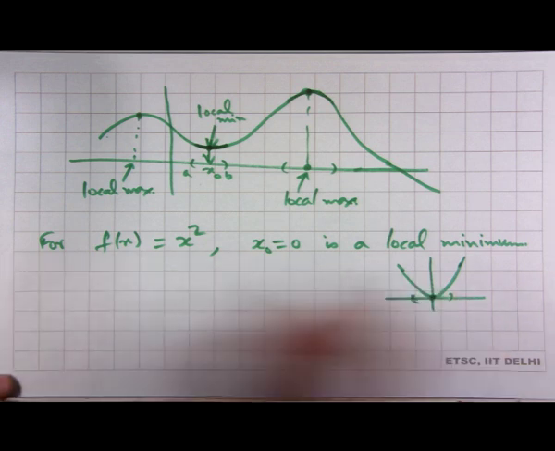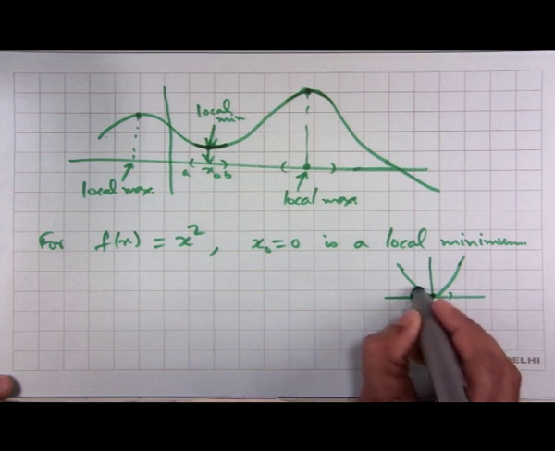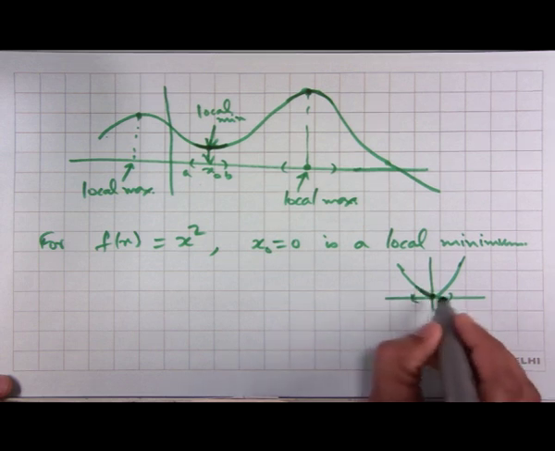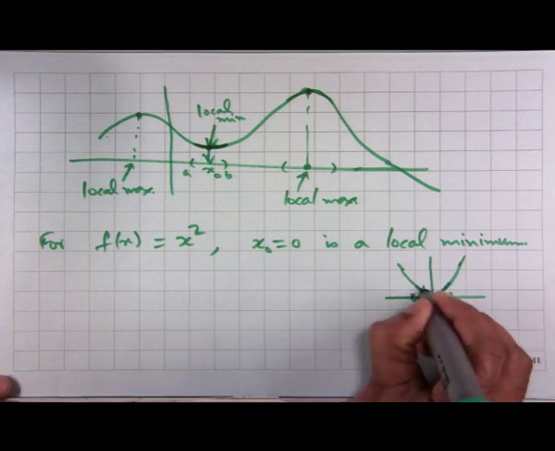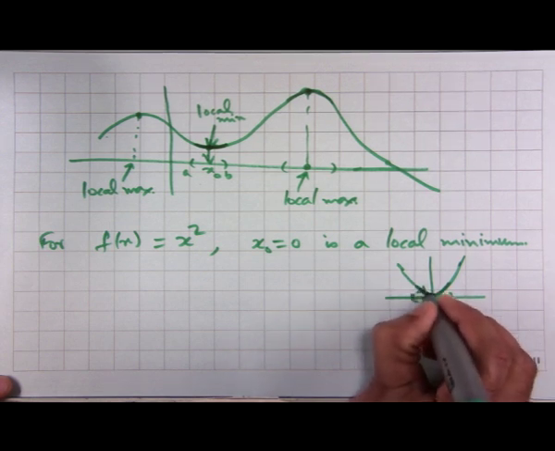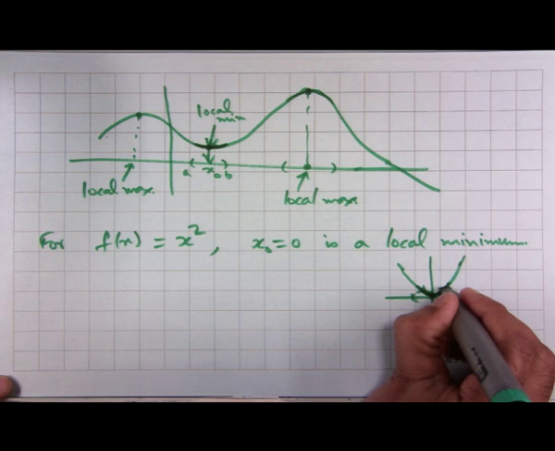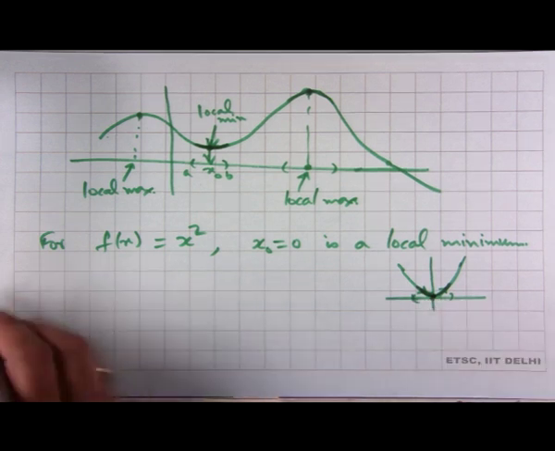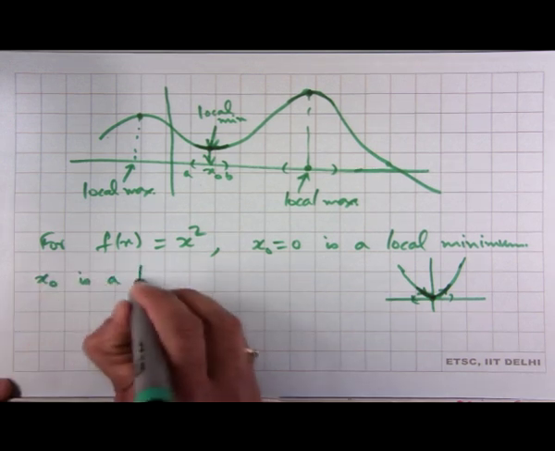So, here if we see local minimum, that means what? The value of the function to the left of this must be greater than this value, and the value of the function to the right must also be greater. That means that the function must be decreasing in the interval to the left of this x naught, and it must be increasing in the interval to the right of this point x naught. So, x naught is a local minimum,